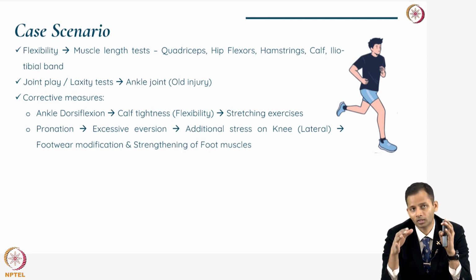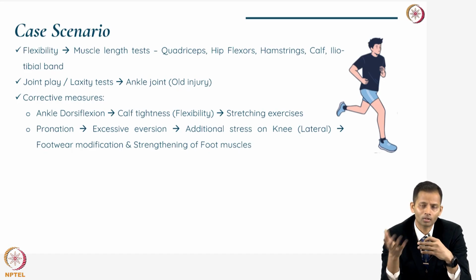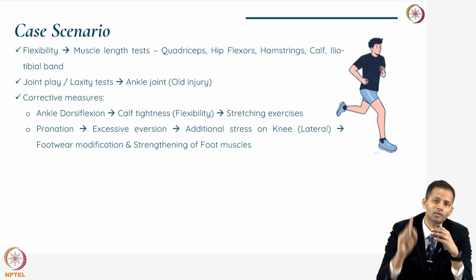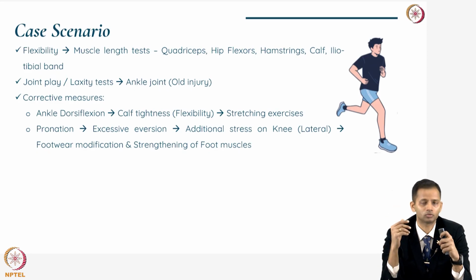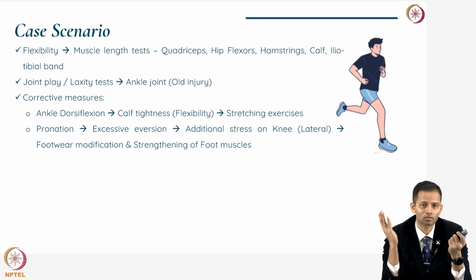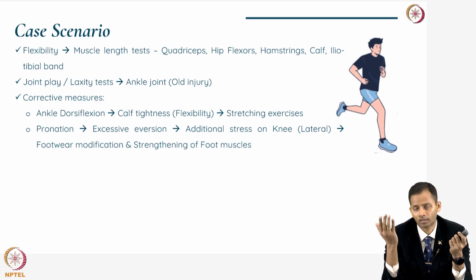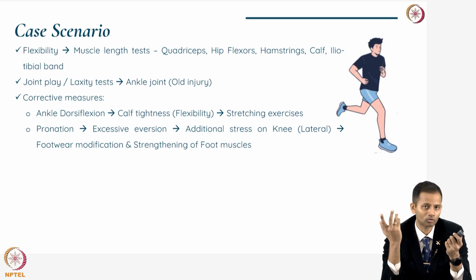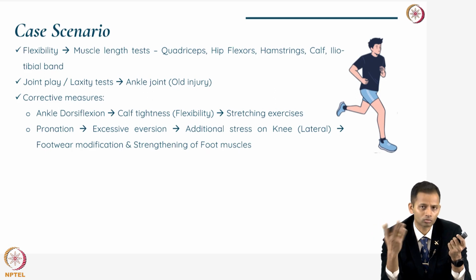If the knee is in an open chain position for a long time, the time taken is also increasing. That will again impact the proximal joint. So that may be a reason why the individual is having stress on the knee as well. That generally affects the lateral part because of the external rotation, which can lead to increased strain on the lateral side of the knee. So that should be a concern that one needs to focus on.